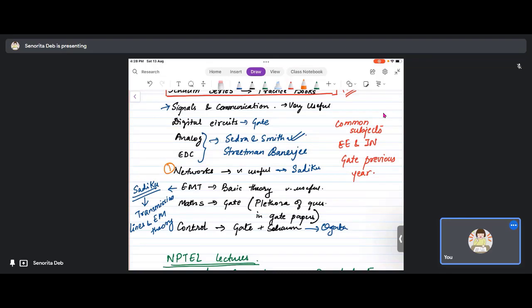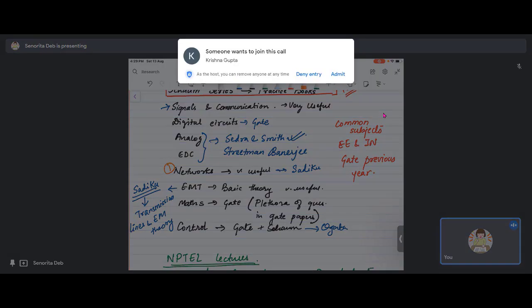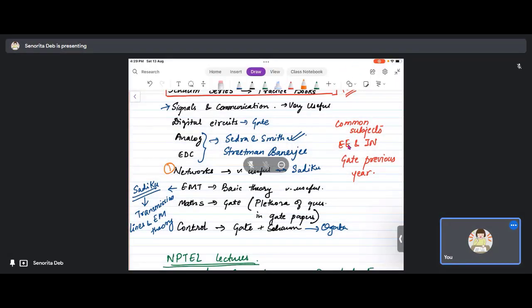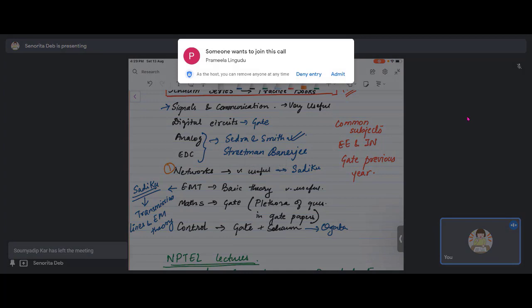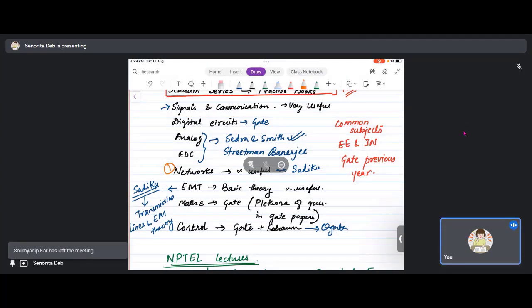You have to apply these concepts in analog as well, in control as well, right? If you don't have an idea of network theory, if you don't know KVL, KCL, you are unable to do analog also. So first you should start with networks,